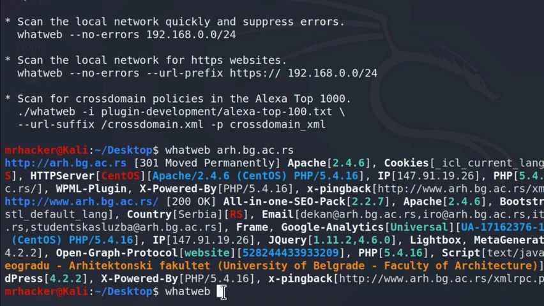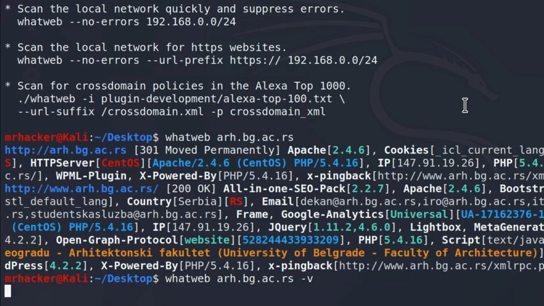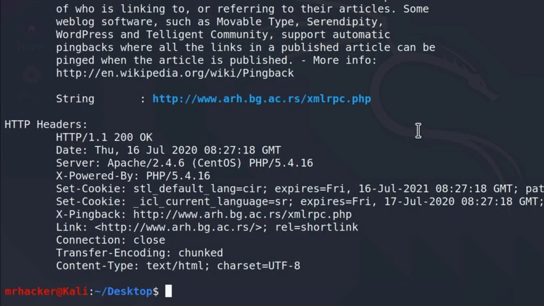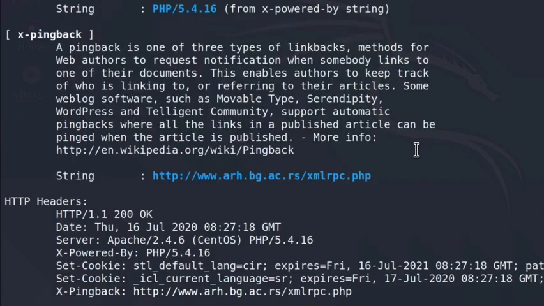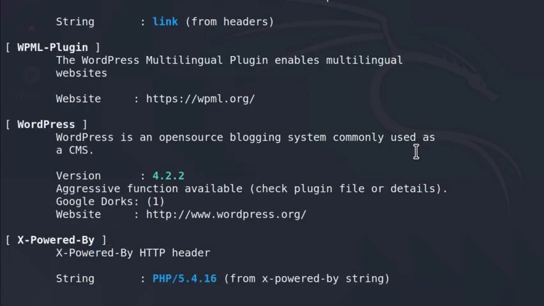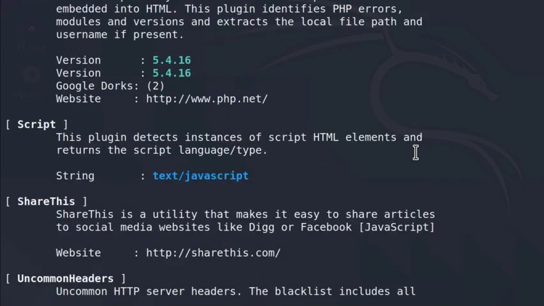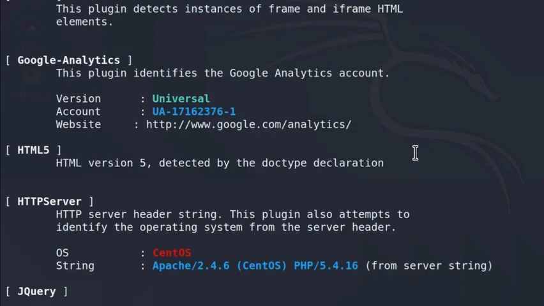If I type WhatWeb and then the same website, but I add the -v option at the end and press enter, it will pretty much give us the same result, just it will be outputted a whole lot better and easier to read. If I scroll all the way up to the beginning of the command,